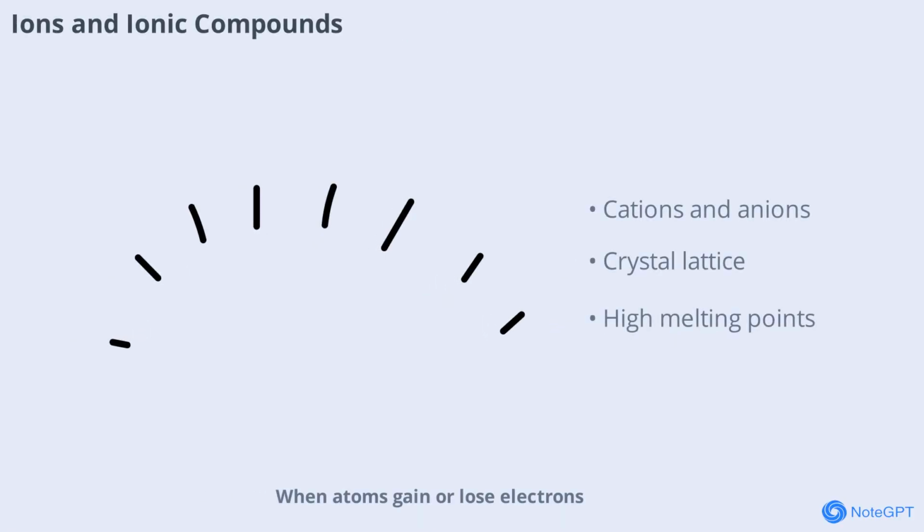Atoms gain or lose electrons. They become ions, charged particles that play a crucial role in chemistry. Positive ions are called cations, while negative ions are anions. Ionic compounds are formed when these oppositely charged ions attract each other and arrange themselves in a repeating pattern, known